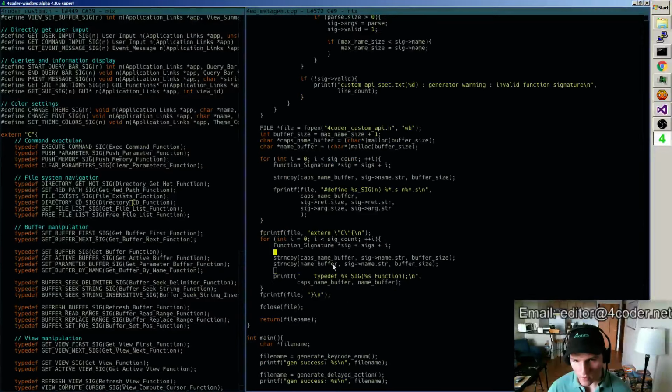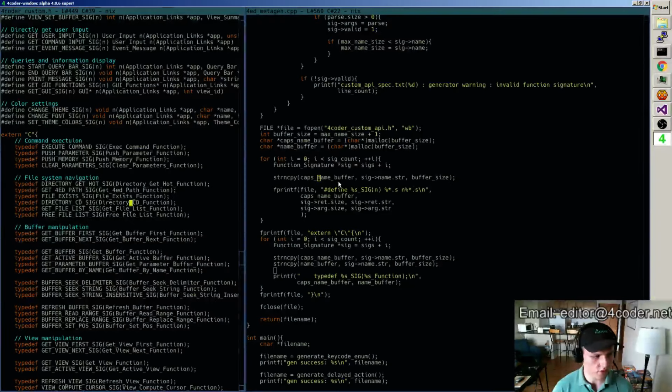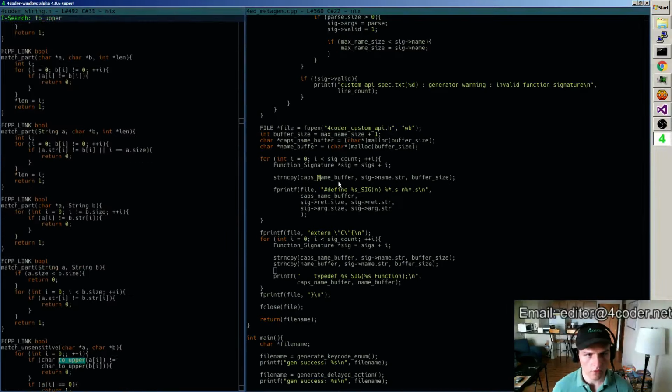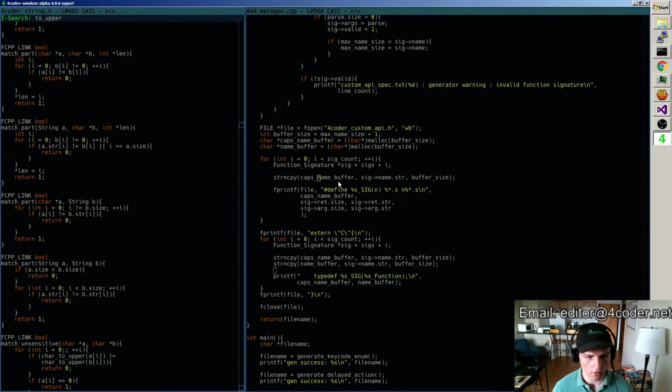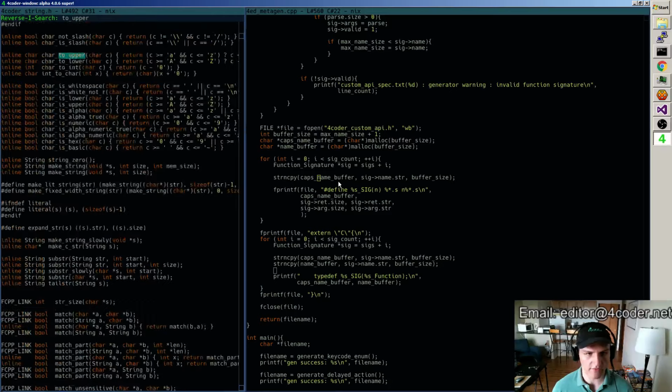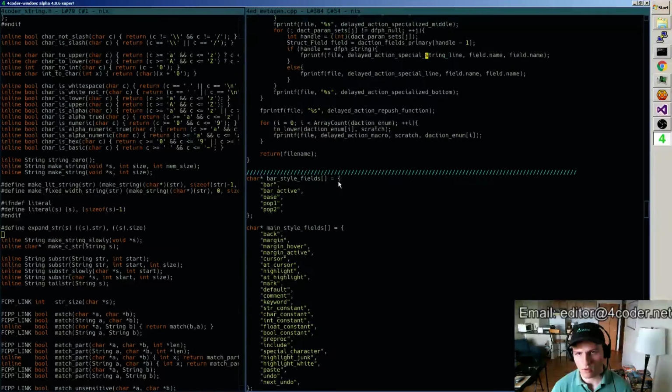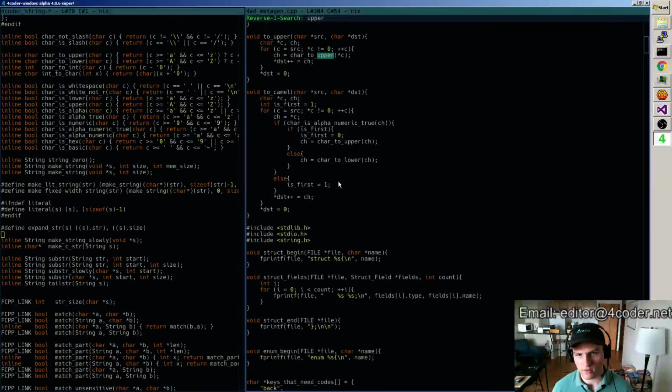So I'm just going to be using the name in a couple of ways now, right? And then what I need to do is visit my string header here and just see if I have a to-uppercase string thing. I have char to upper. I have match insensitive, but I don't actually have string to upper, which is fine. I think I have something like that here. String to upper, or something like this. Char to upper, to camel, to upper. So yeah, to upper.